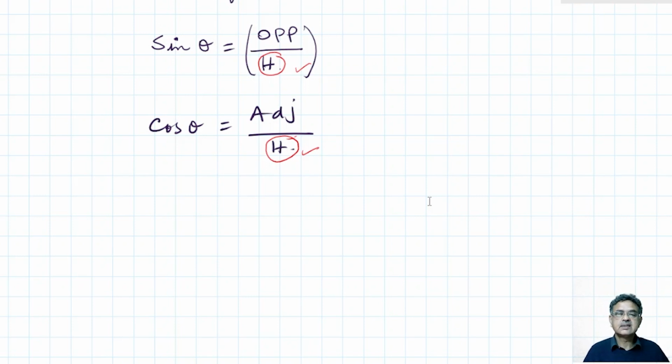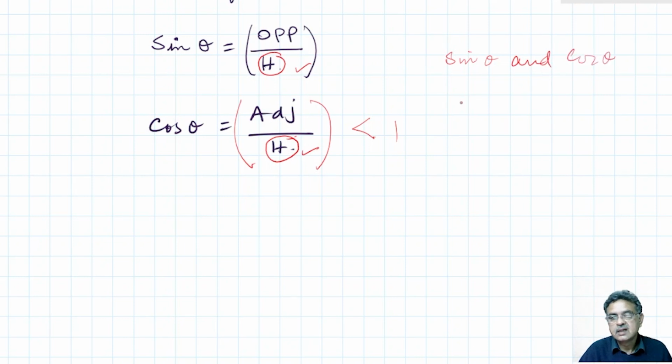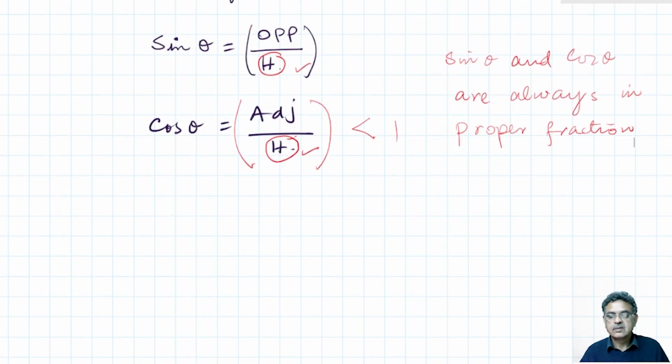हो, इन बोथ ऑफ द केसेस हाइपोटेनियस इज लार्जर देन ऑपोजिट एज वेल एज एडजेसेंट। अगर ऐसा है तो इसका मतलब है कि इसकी वैल्यू विल ऑलवेज बी लेस देन 1, क्योंकि जो फ्रैक्शन बनेगा उसमें डिनोमिनेटर इज लार्जर देन न्यूमरेटर, दिस इज अ प्रॉपर फ्रैक्शन। सो रेशियोज ऑफ साइन थीटा एंड कॉस थीटा आर ऑलवेज इन प्रॉपर फ्रैक्शन। तो प्रॉपर फ्रैक्शन दैट इज ऑलवेज लेस देन 1।